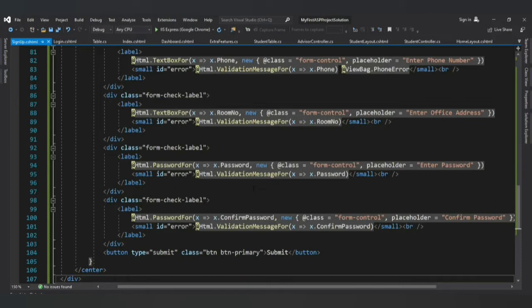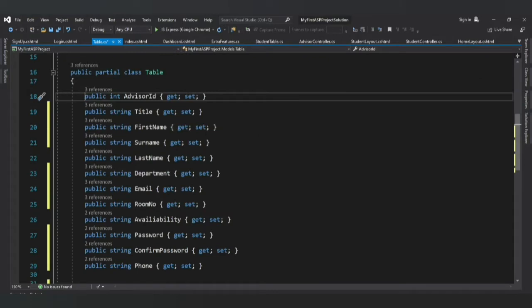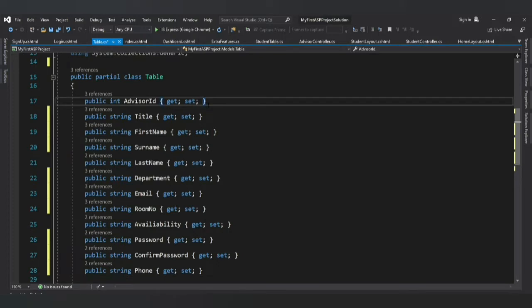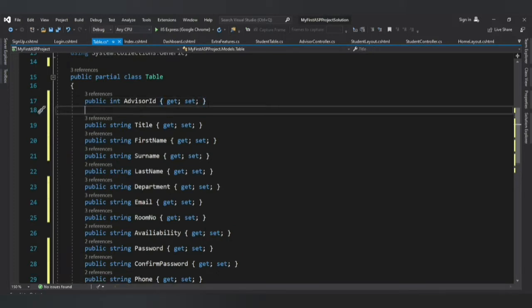and we could as well, okay, so the next thing we're going to deal with quickly is our form validation. So we're going to go over to our table. So this is our advisor table, so we're going to add the necessary validation. And of course we don't need the required for advisor ID. So remember, at the top of every property that you want to validate, you add your required